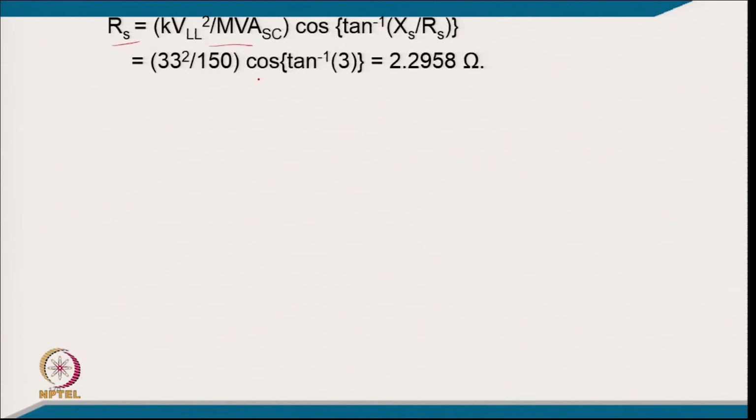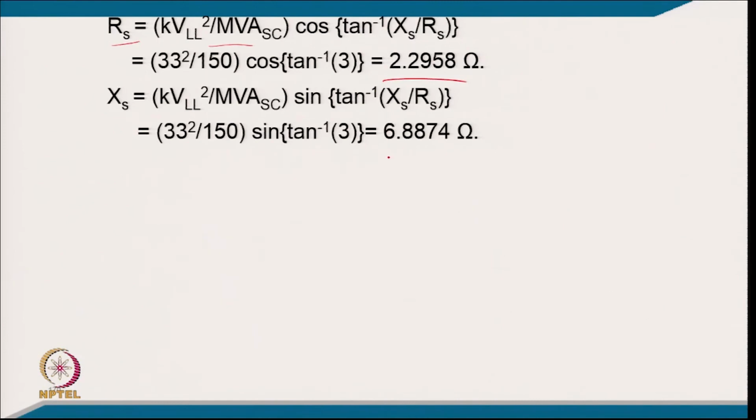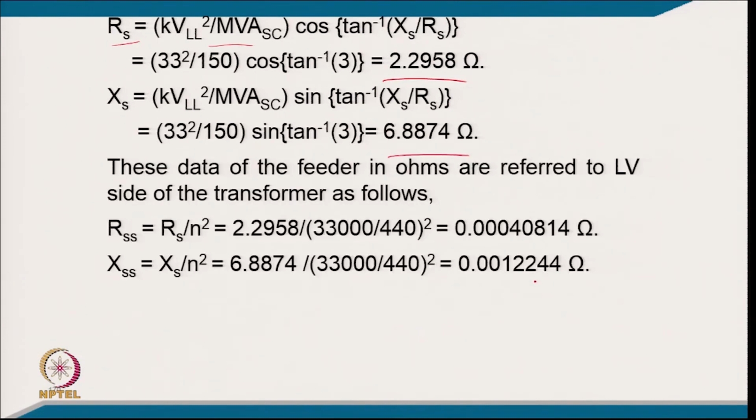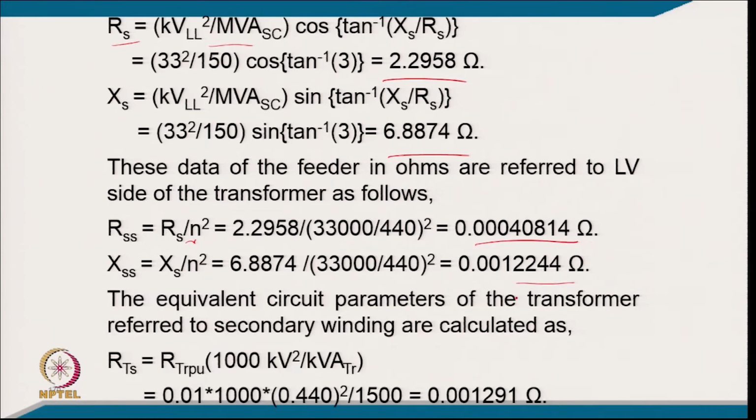So, the resistance of the feeder from this relation is calculated as 2.2958 and the reactance is calculated as 6.8874 ohm. These data of the feeder are referred to the LV side by dividing by the turns ratio square. So, the resistance comes to 0.0040814 ohm and the reactance comes to 0.0012244 ohm, and the equivalent circuit parameter of the transformer referred to the secondary